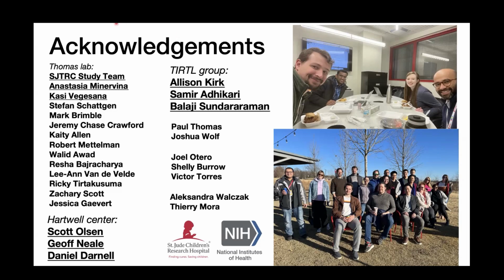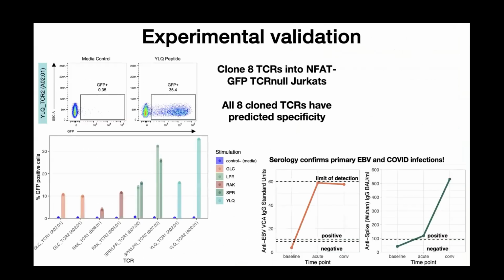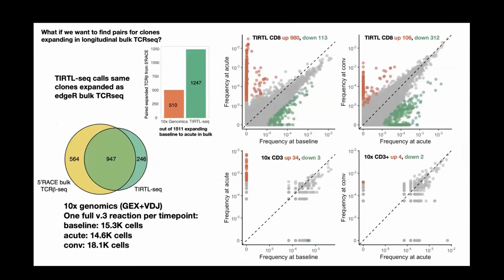I have one more question if there are no more questions. This was a more specific question. I really like that in the longitudinal experiment that you did, you did bulk-seq and then the two single-cell approaches. Did you also, maybe you showed it, correlate the clone counts from the bulk with the clone counts from the single cell, from the TIRTL-seq? Yeah, I don't show it here. I did it, right? It correlates nicely, right? So there are some biases, of course, but in general,